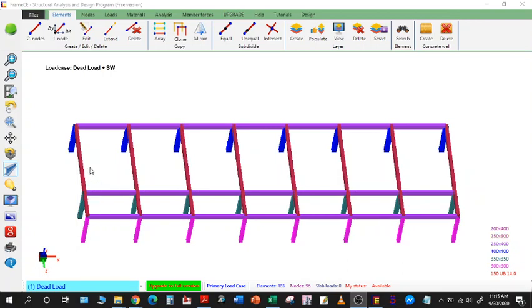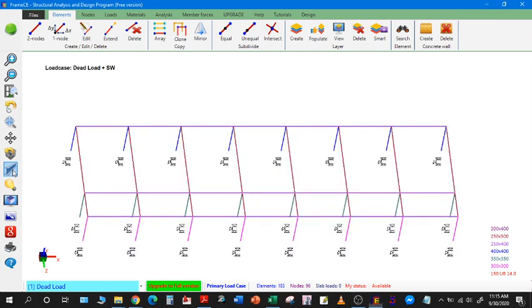How to create an intermediate beam. In these girders, the procedure is, first you have to break the beam so that you can create a node at the center. To do that, select the beams,